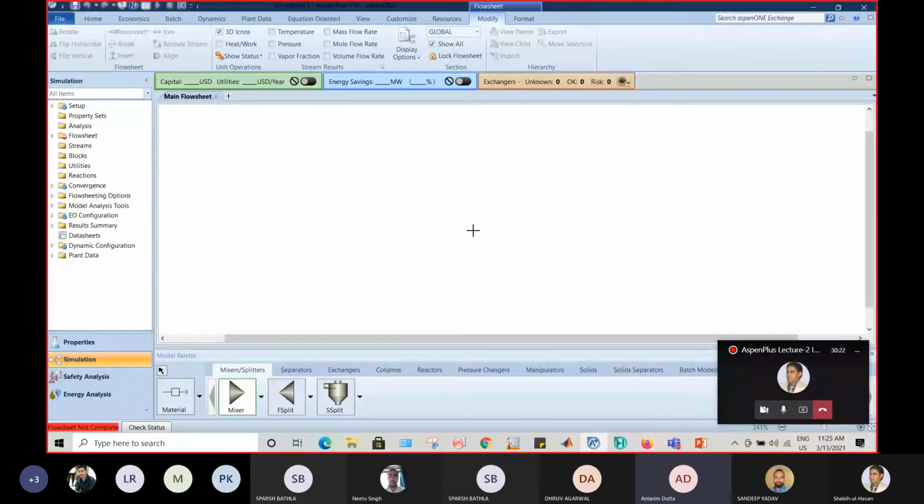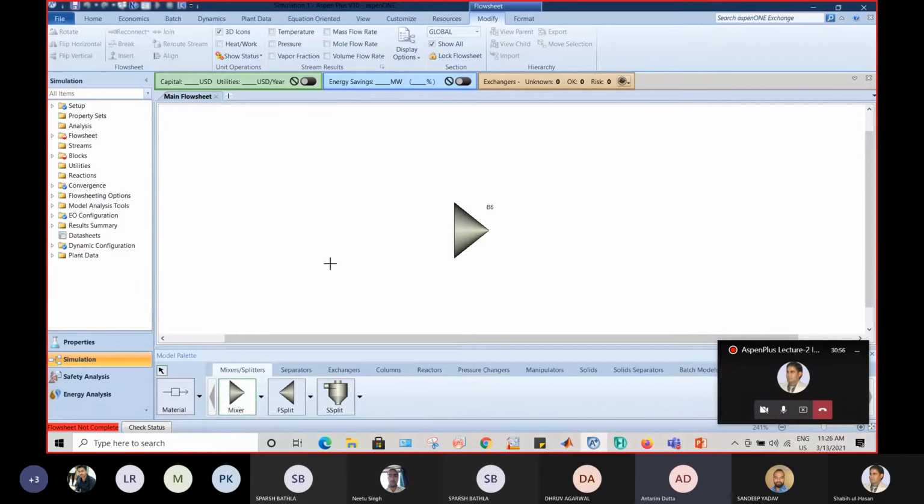I told you that we have to cancel our insertion mode. We can do that in two ways. One, by pressing our right mouse button. So the cursor design has been changed to an arrow. That means our insertion mode is cancelled. Or if you are in insertion mode, then you can navigate to this particular icon, and this will assist you in cancelling your insertion mode.